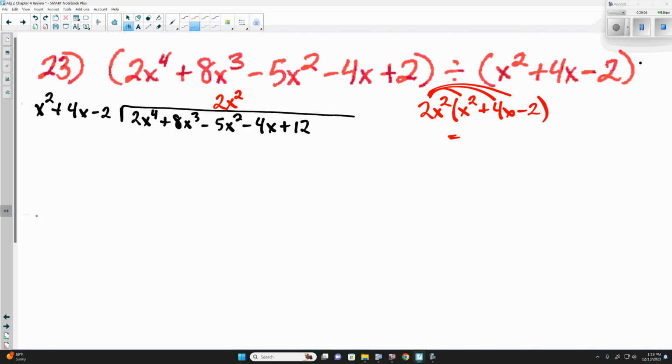Now, when we multiply this here, 2x squared times x squared is 2x to the fourth. 2x squared times 4x, our 2 times 4 is 8. X squared times x is x to the third. Our 2x squared times negative 2 is negative 4x squared. At this point here, we put it underneath